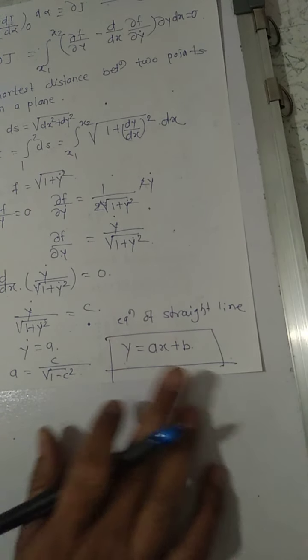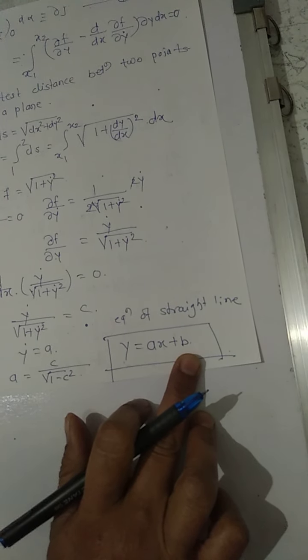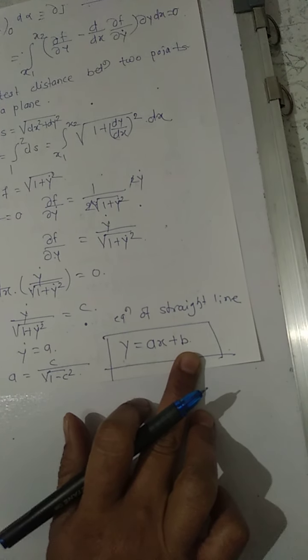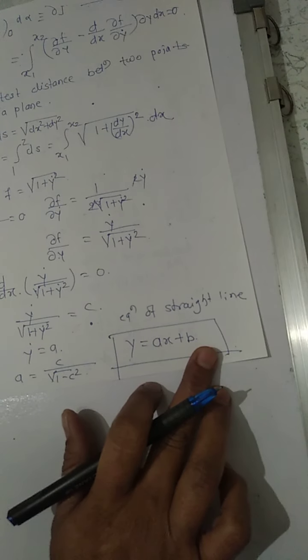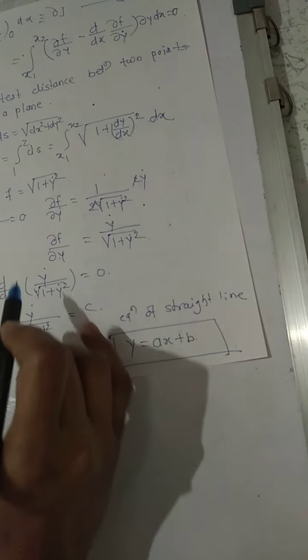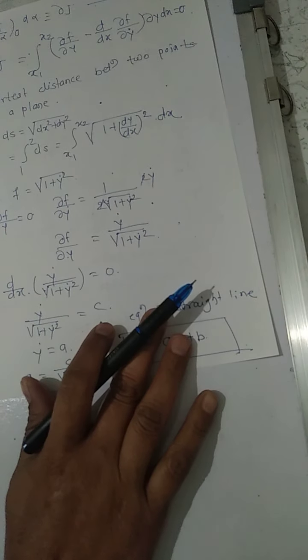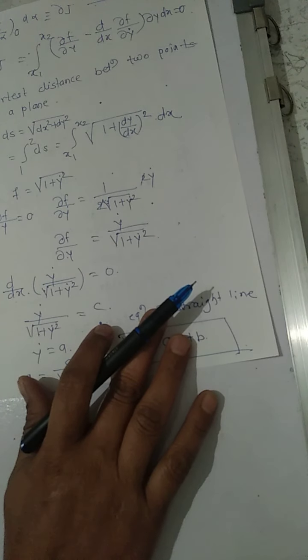And here b is the constant of integration, and strictly the straight line has only been proved to be the extremum path, but for this problem it is obviously also a minimum. The constants of integration a and b are determined by the condition that the curve passes through the two end points, that is x1, y1 and x2, y2.